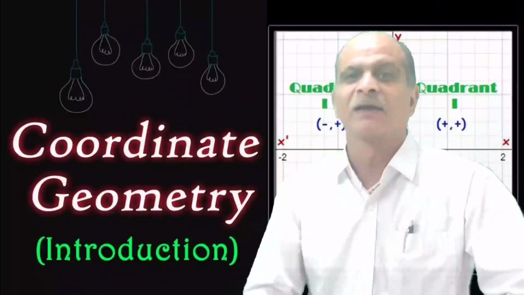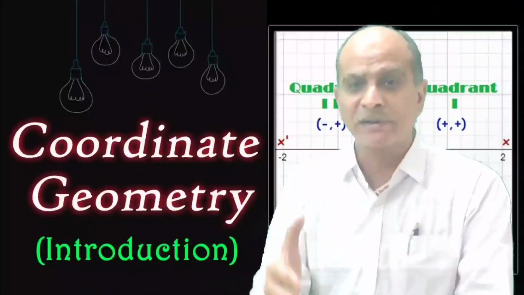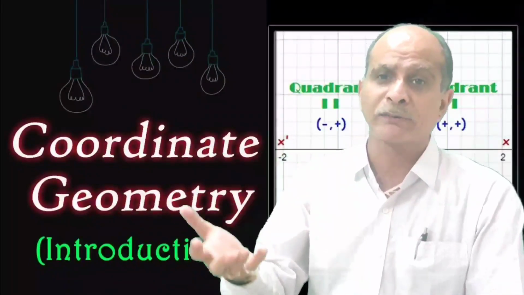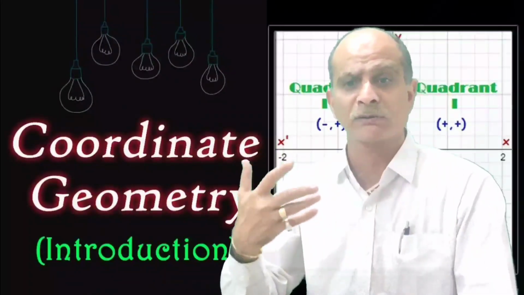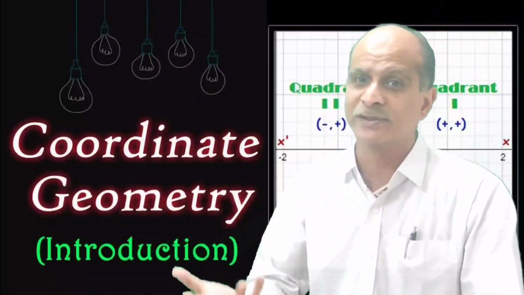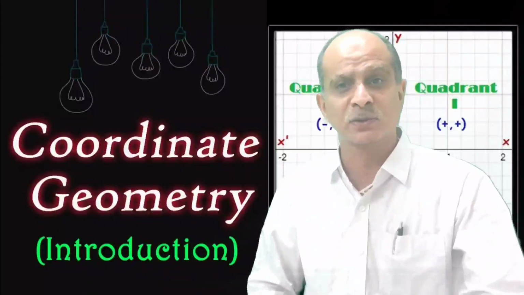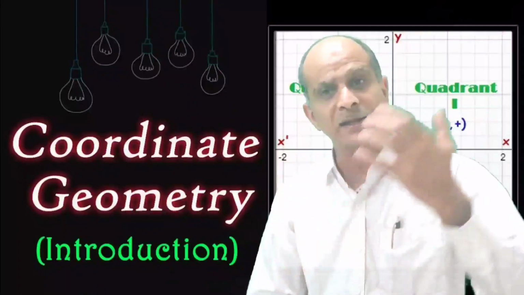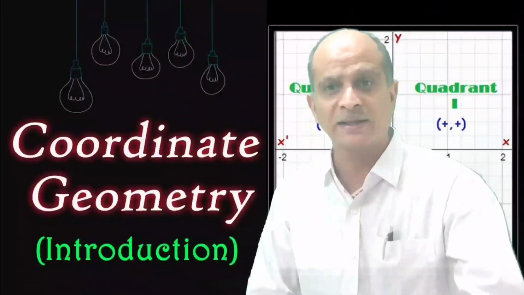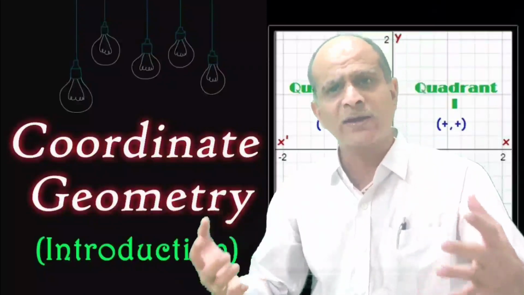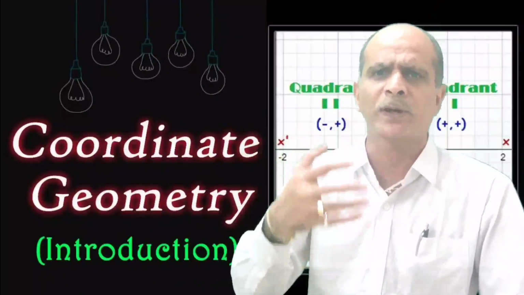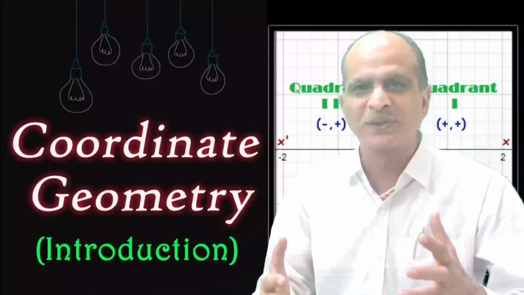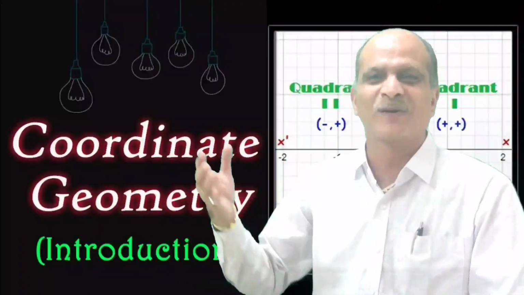So in this session, we are going to start coordinate geometry with some fundamental concepts. For example, quadrant 1, quadrant 2, quadrant 3, quadrant 4, the x-axis, that is the horizontal axis, and the perpendicular axis, which is known as the y-axis. The intersection of the horizontal line and the vertical line is known as what? Origin. How to find out the coordinates of any point? We are going to discuss all these things with the help of one animation.